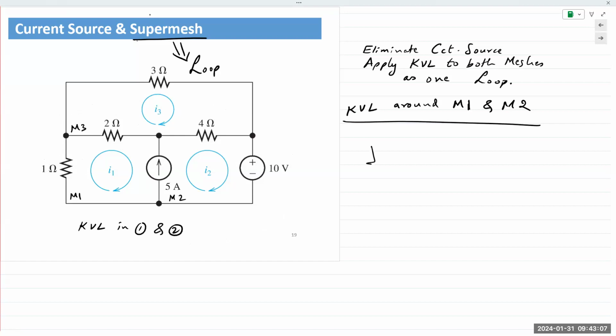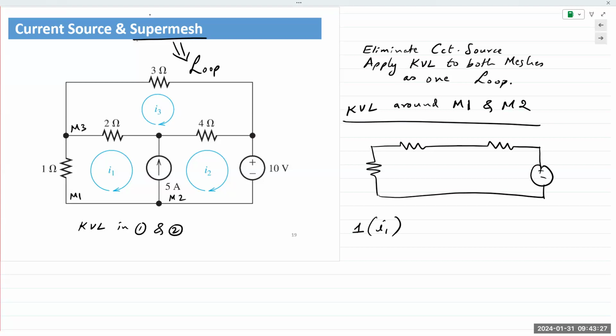Let's draw this out. I have 4 voltages. I'm going to write 1 ohm times I1